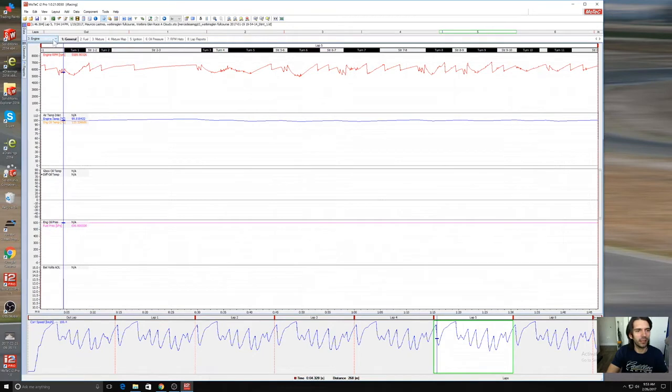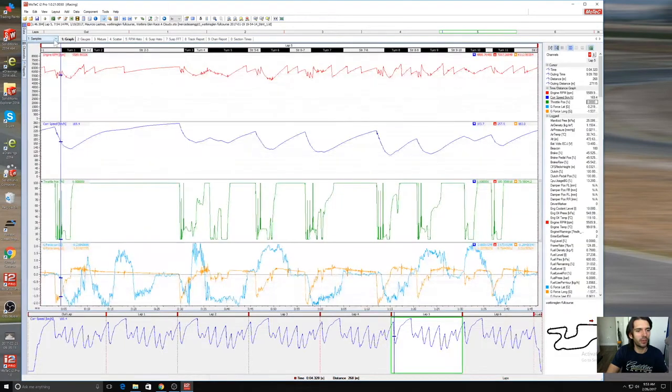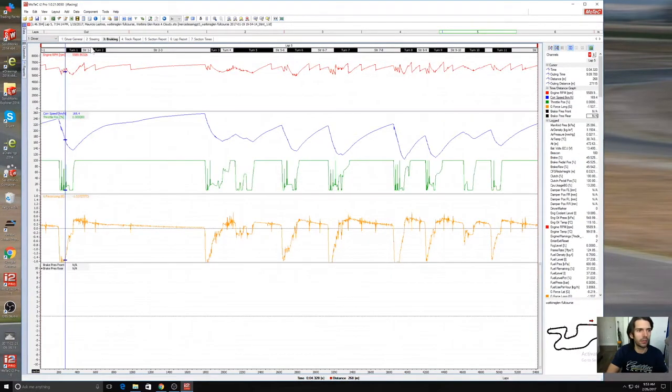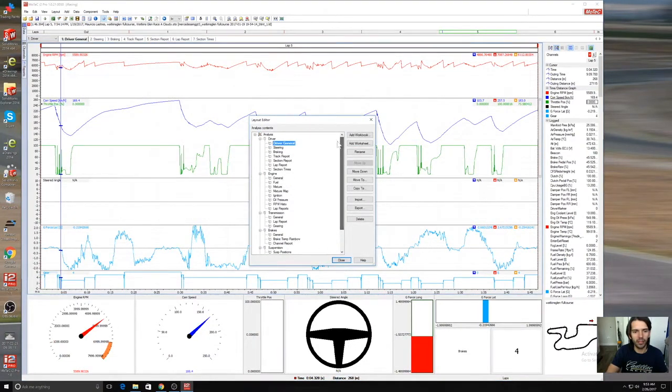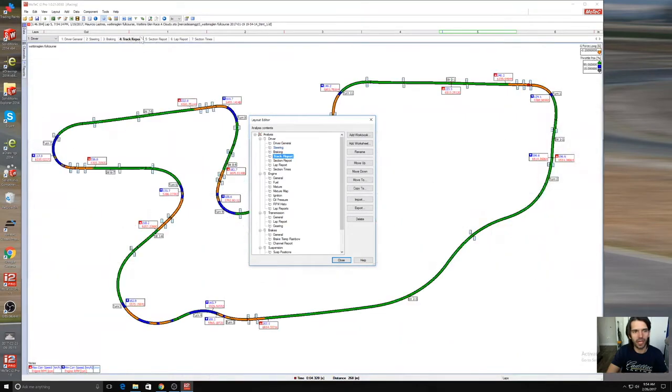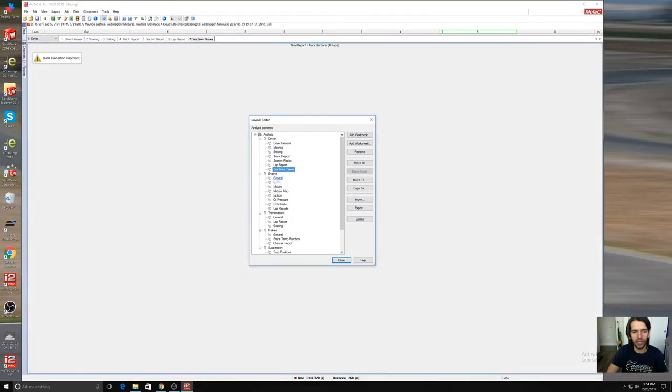It's very basic and it's very nice defaults, but in reality what you want to do is you want to make your own workbooks. So first, I guess what you want to do is maybe delete the workbook. The workbook is just this layout editor. Layout editor is basically a little bit of a tree of everything that you're seeing here, all the options. So right now we're in the driver, so that's this workbook, and then you have these worksheets within it, which are the sub tabs within it. So here you can make new ones,